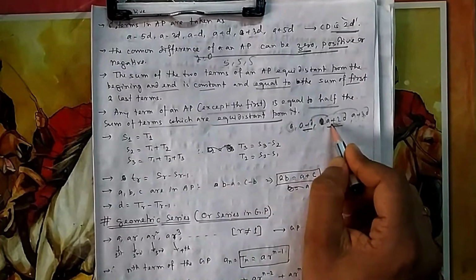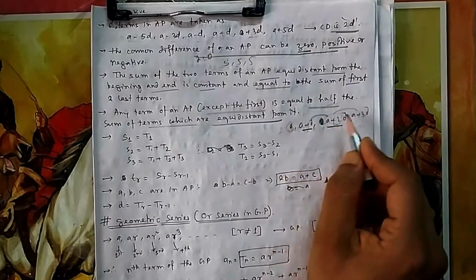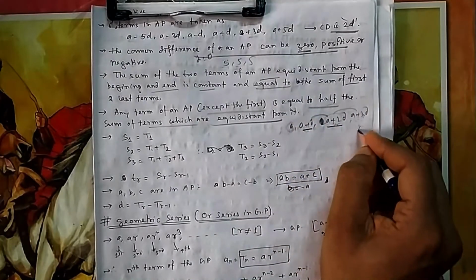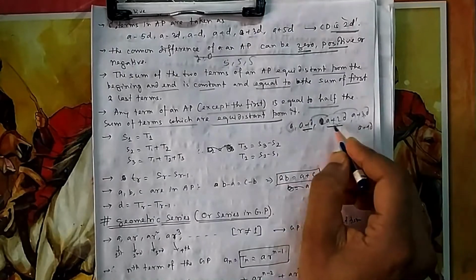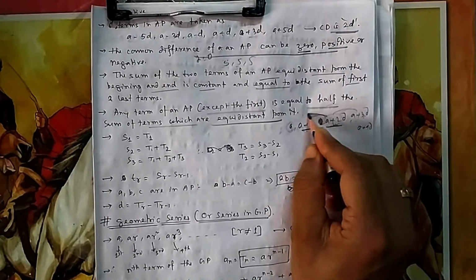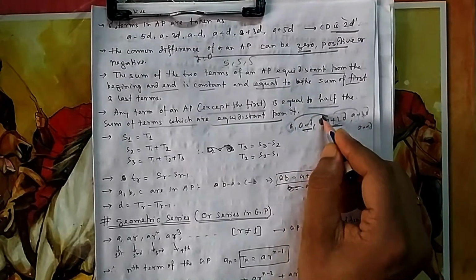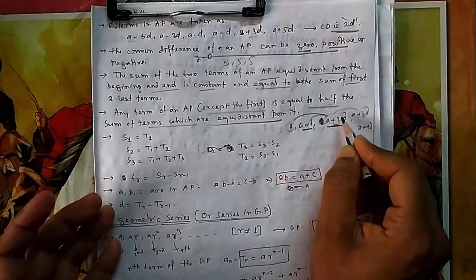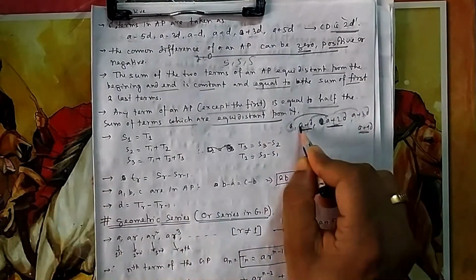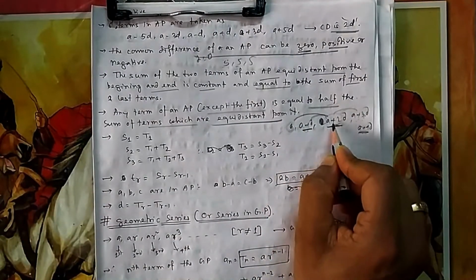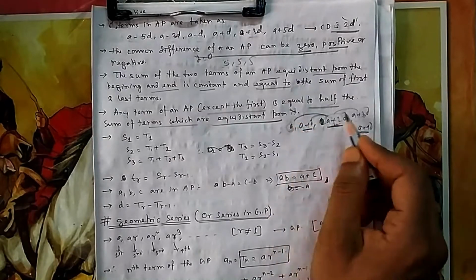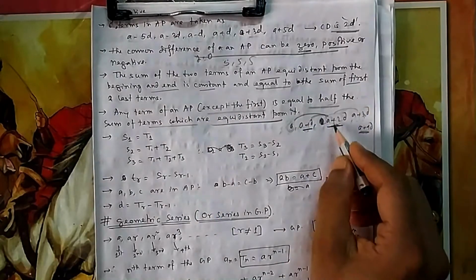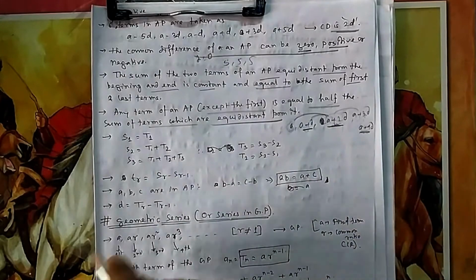It is not necessary that it will be exactly the immediate left and right. If you take 2 units from this side, you have to take 2 units on the other side also. So if you want to consider this point, take two terms, the one 2 units to the left, that is A, and the one 2 units to the right, that is A plus 2D. If you add these two and divide by 2, that gives it too. So it should be the same distance. Whatever you take on the left side, on the right side also take the same distance. Add and divide by 2, and you will get that number.